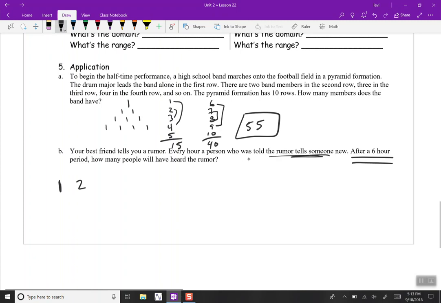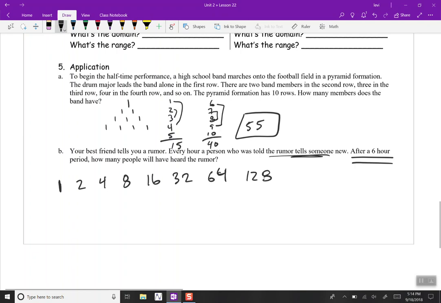So we're going to say that that's including the first person. So now there's two people, and that doubles. So we're just doubling each time. 2, 4, 8, 16, 32, 64,